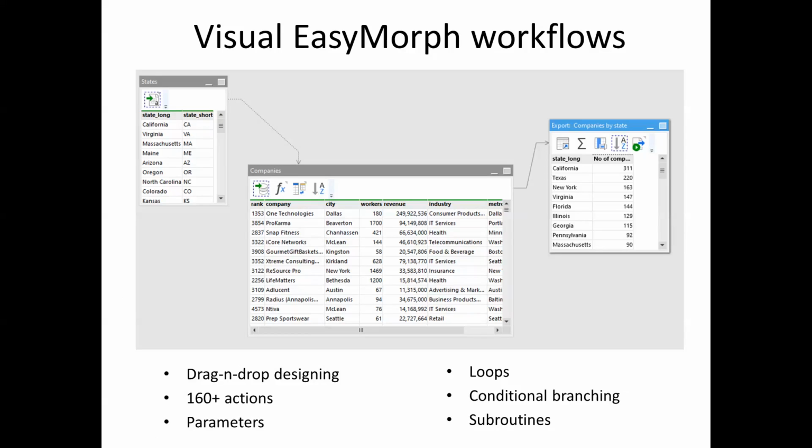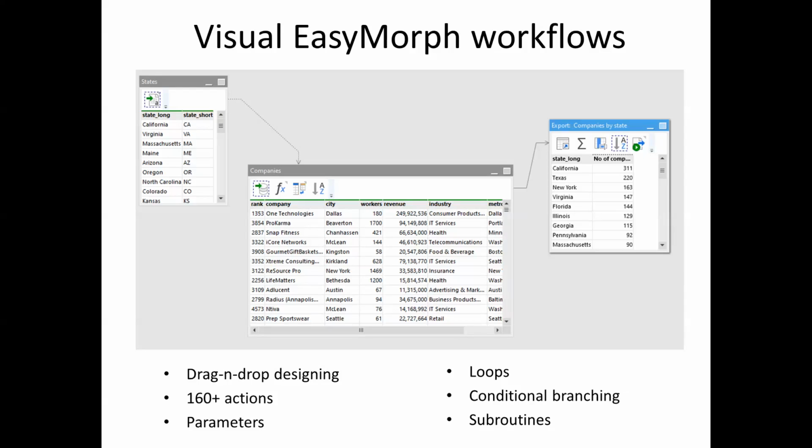So overall, EasyMorph workflows are basically like a programming language. It's very powerful. It has loops, iterations, conditional branching, subroutines, exceptions, error handling. So overall, you can design quite complex logic with EasyMorph workflows that processes data.